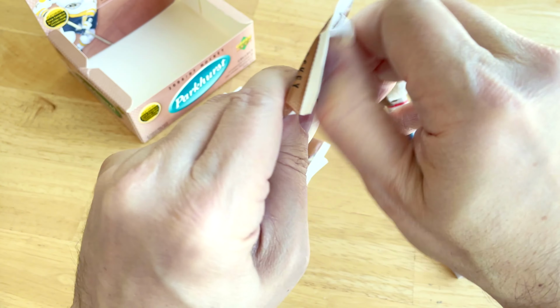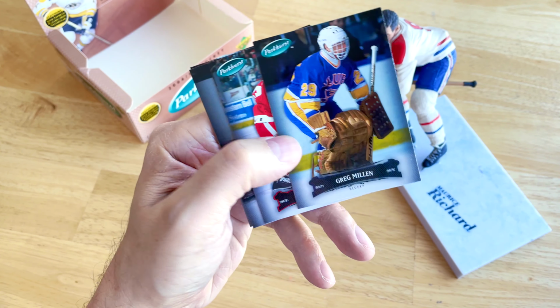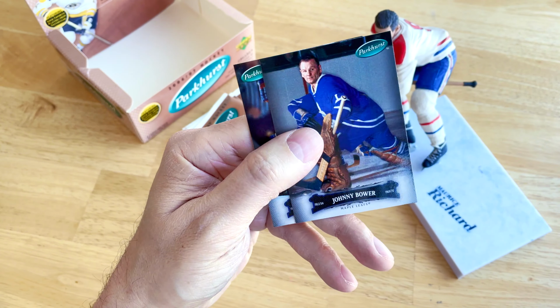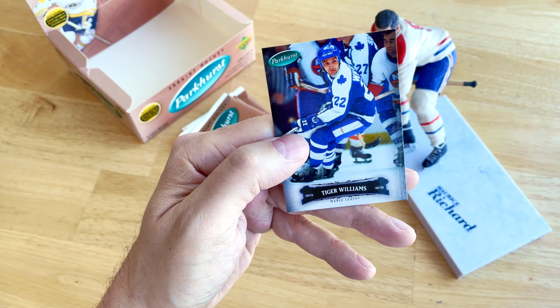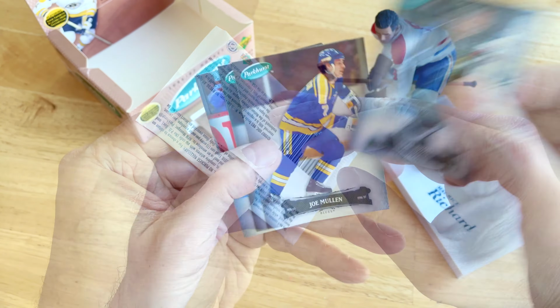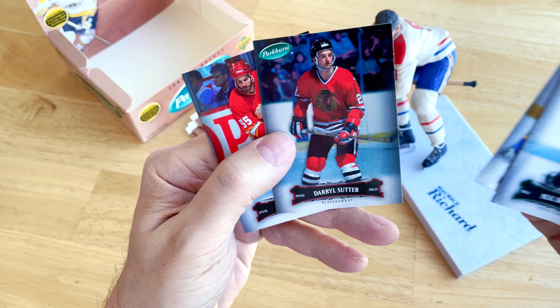Be cool if he hit a second auto. I don't know if that's a possibility. Greg Millen. There's Greg Millen on the Blues. Nice. Joey Coker. There's Johnny Bauer and Tiger Williams. So I believe there are variation fronts, right? You have the same player in different uniforms, which is a cool take. Bernie Parent, Bernie Federko, that's a nice one. These photos are fantastic. Absolutely fantastic. You know, Broten, Joe Mullen, Darryl Sutter,